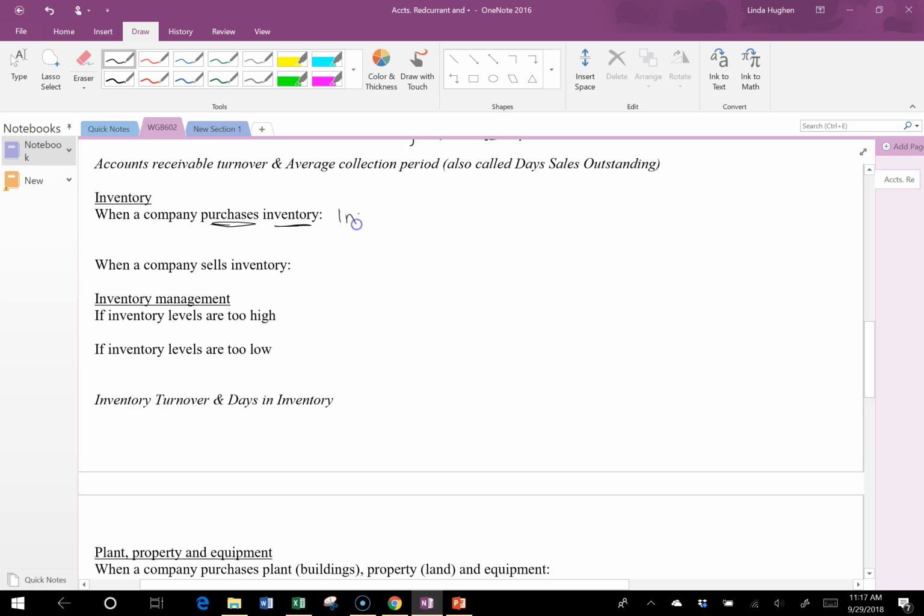Regardless, inventory, a current asset, obviously increases, and then the other side of that transaction, either the current asset cash decreases or the company promises to pay for that inventory in the future. We would call that accounts payable. So either the asset cash goes down or accounts payable, the liability,